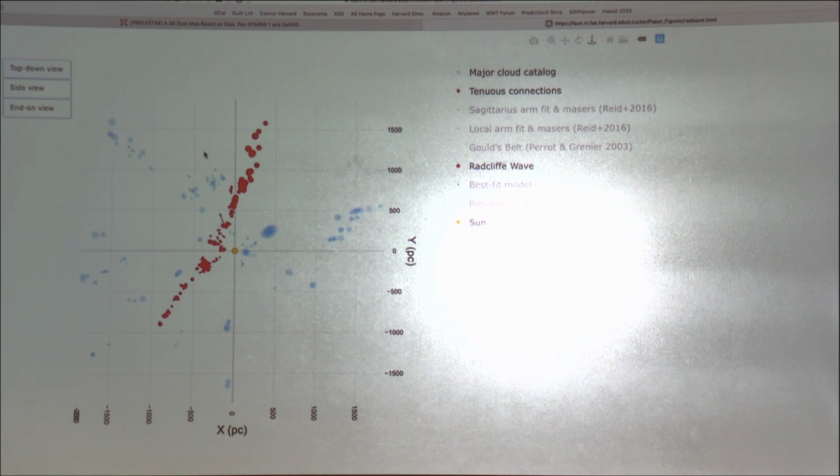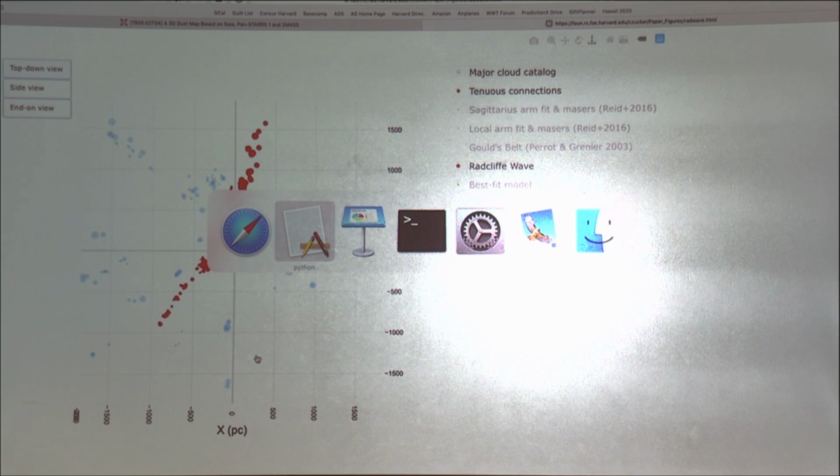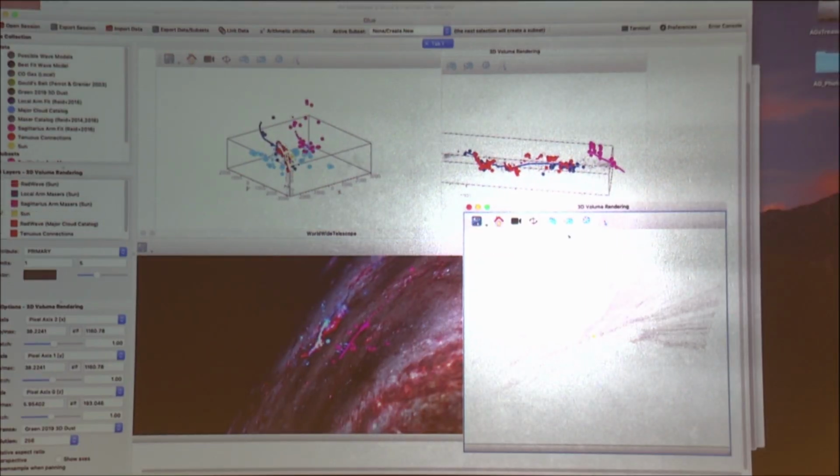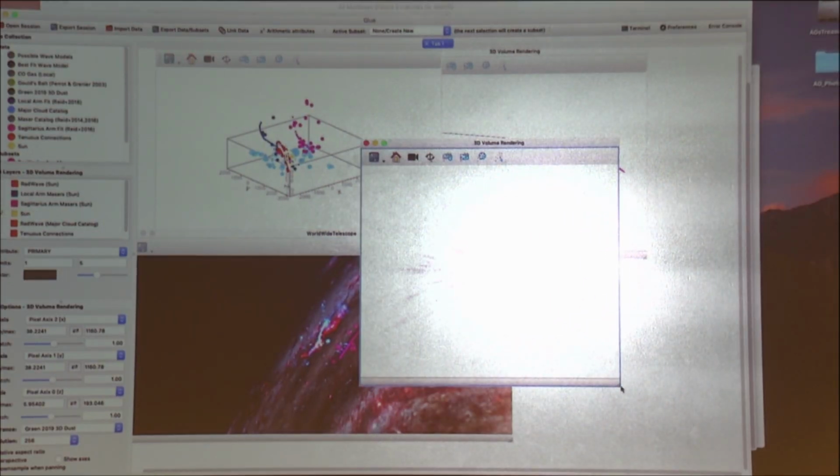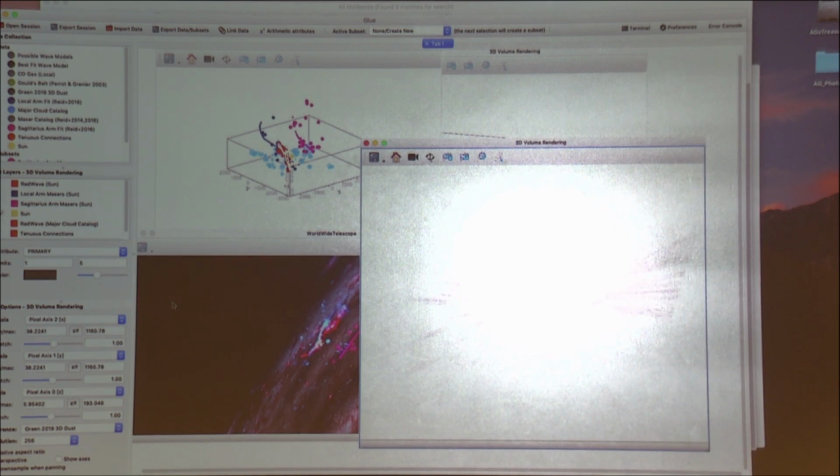Okay? And so some important things to notice right away is Jim's question. So the other clouds are these light blue dots. Okay? So why aren't they in this structure? Good question. And the answer is, if you look at an image like this, which is just all of the dust on its own, let me turn that.